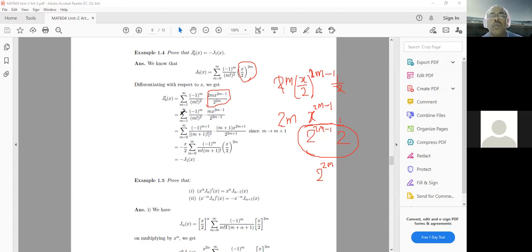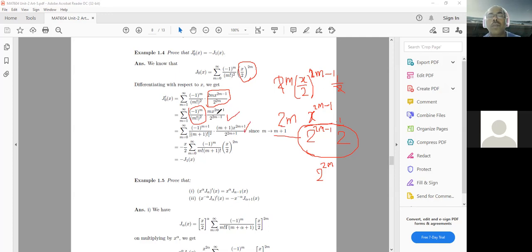Now, if you want to write this series from m is equal to 0, if you want to start with the 0, so we do this change. So we change this coefficient to this, because if you start now from 0, this remains same, right? So this remains same, and therefore this m is replaced by m plus 1. And if you replace m by m plus 1, this series can be written in this way, right?